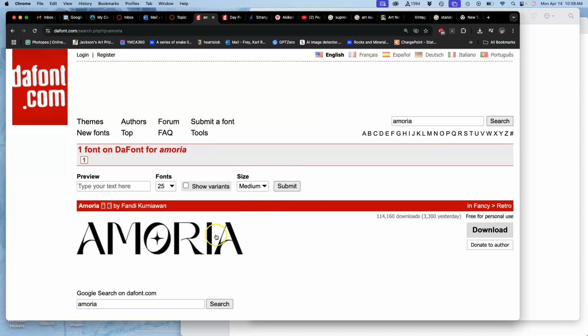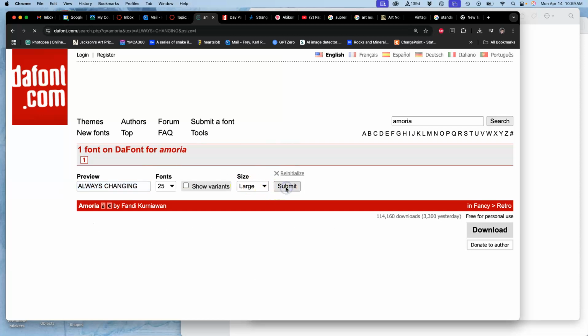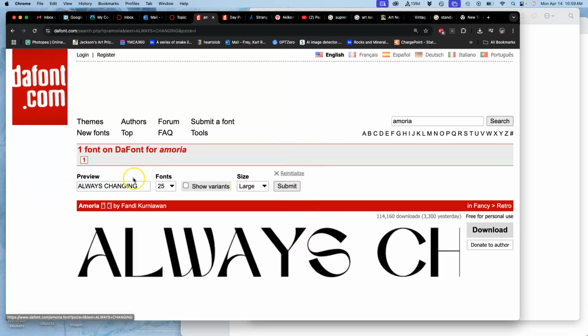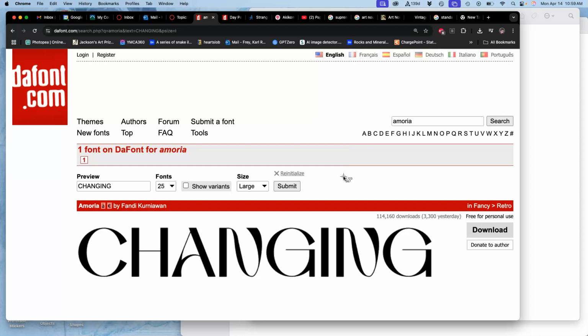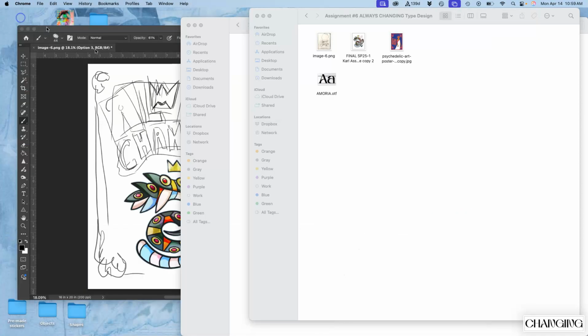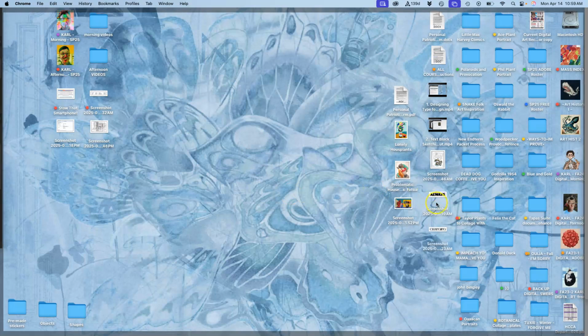Search for that, put in my text, and I just want changing for, actually no, I'll do both of them. Let's see. Yeah, the always, it's too thin, but the changing I liked. And I'm going to do a screen grab of that, Command-Shift-4. Remember, this is low resolution, but we're going to turn these into vectors that we can modify. But before I do that, I've just taken 2 screen grabs. I'm going to move those screen grabs from my desktop